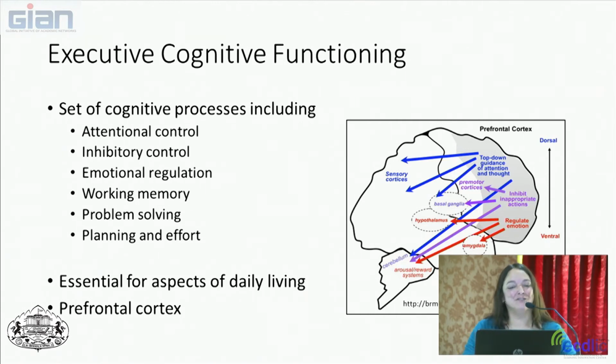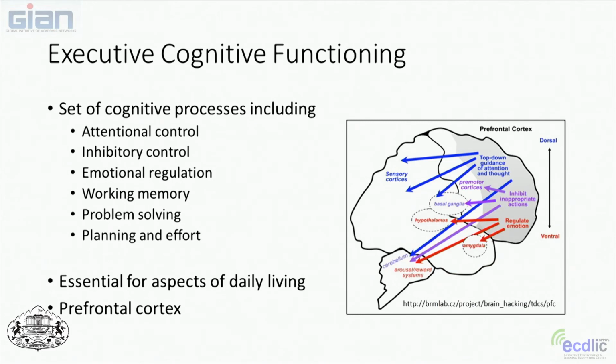So this executive cognitive functioning is essential for aspects of daily living. It helps us to interact socially with other people appropriately, and helps us to stay on task and on target. We know if we have work to do and we'd much rather be out playing, our executive functioning system kicks in and says, well, if you're going to spend the day playing, you're going to lose your job, then you're not going to have any money, and then you'll be in a bad way. So thankfully, we have this executive processing that keeps us in check. And this is mostly contained in the prefrontal cortex, which is the newer part at the very front of our brain.